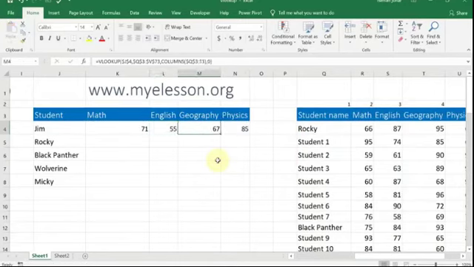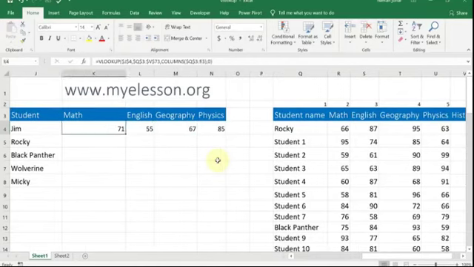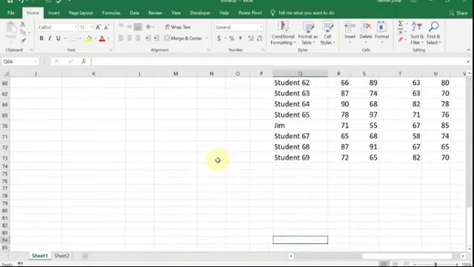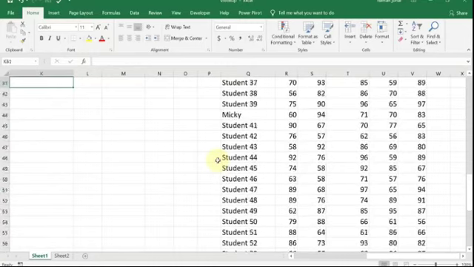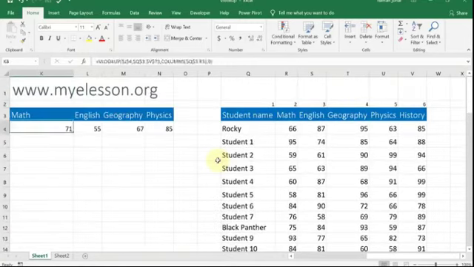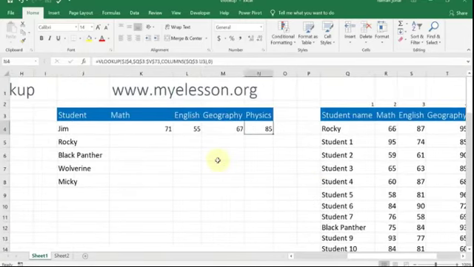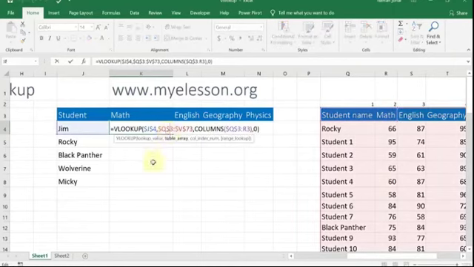So 55, 67, 85. So let's find Jim. 71, 55, 67, 85. Where is Jim? 71, 55, 67, 85. Same. Isn't this cool? Now if you want to copy this formula down, okay, what you have to do is you have to always ensure that you are locking the column and not the row.